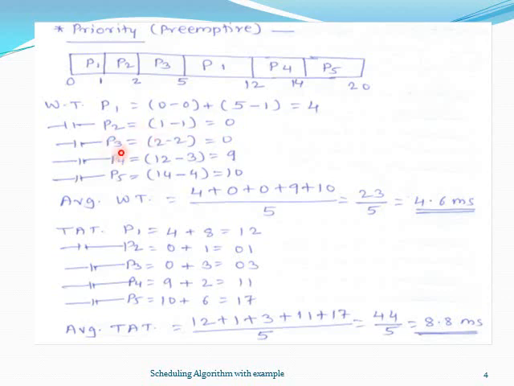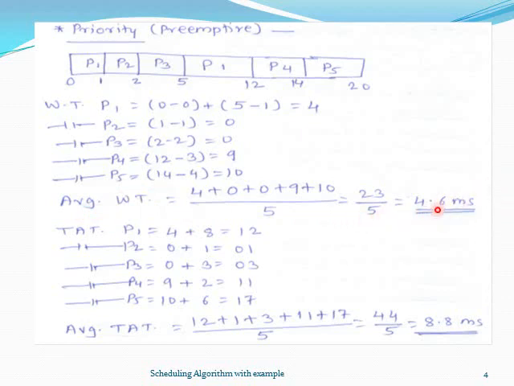The waiting time of process P3 is 2 minus 2: 2 is the starting time of process P3 minus the arrival time 2, so it is 0. Then for the waiting time of process P4, 12 minus 3, starting time minus arrival time, equals 9. The waiting time of process P5 is 14 minus 4: 14 is the starting time, 4 is the arrival time, equal to 10. Based on this, we can find the average waiting time